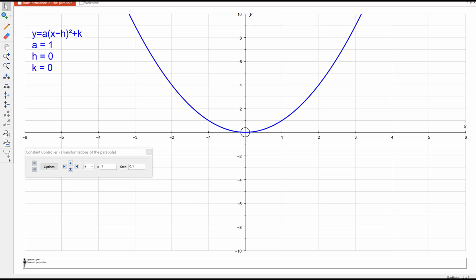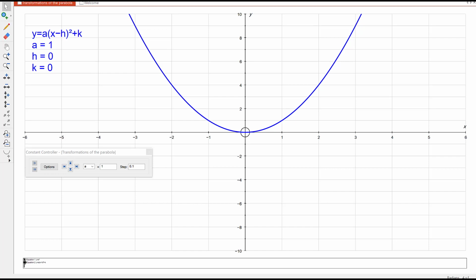Dilations from the y-axis, when we get to those down the track, seems a bit backwards from what it should be, and we'll be able to understand a bit more clearly from the algebra about why that eventuates. But for this year, we really just want to establish the patterns by looking at different graphs and then draw conclusions from that. So here I've got the graph of y equals a times (x minus h) all squared plus